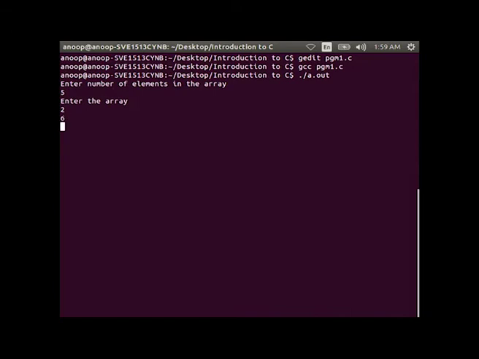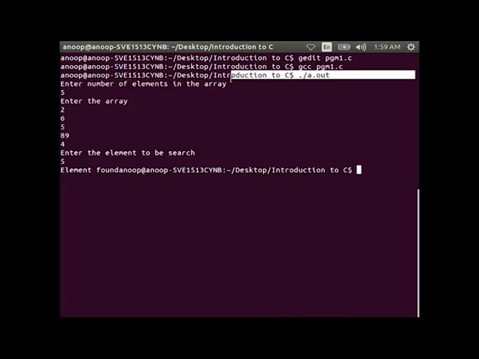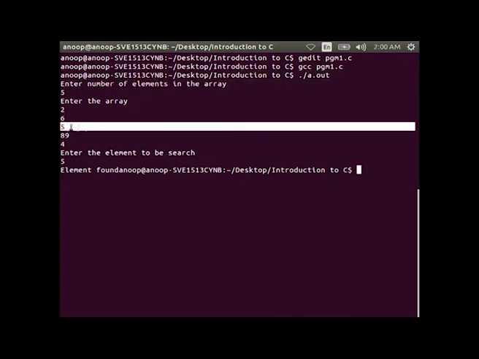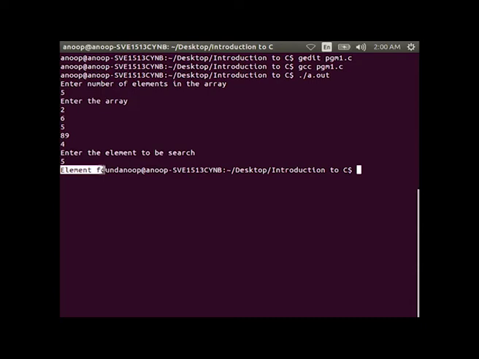Suppose you are entering 2, 6, 5, 89, 4. So, after completing the 5 elements, the system will prompt you enter the element to be searched. Suppose you are entering 5 as input. Now, you can see that the program output says the element found.